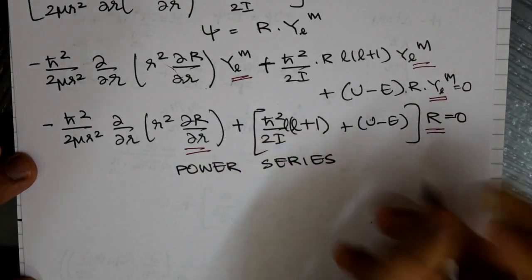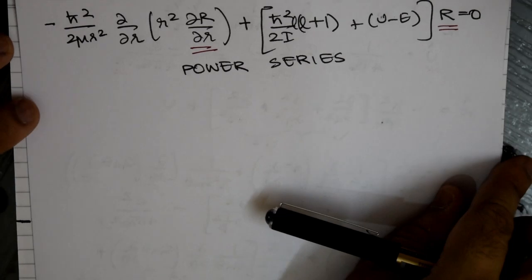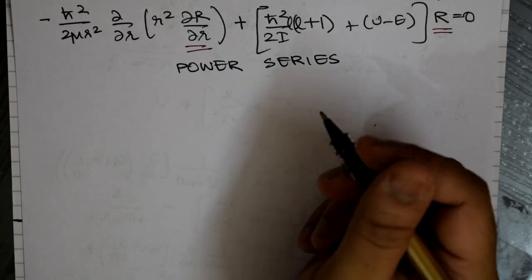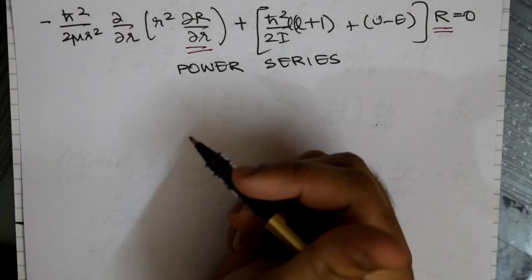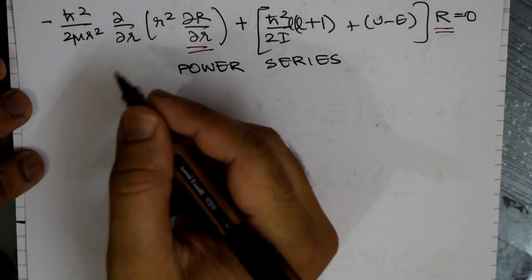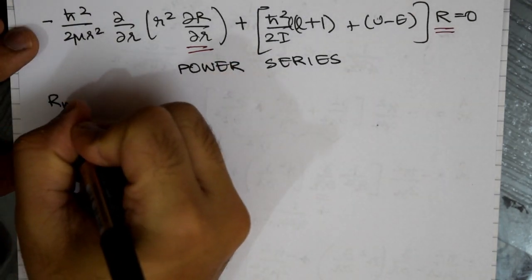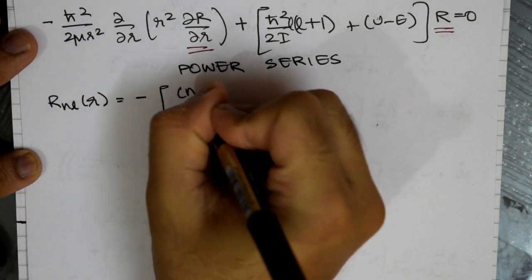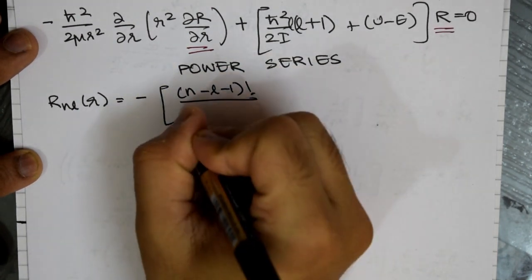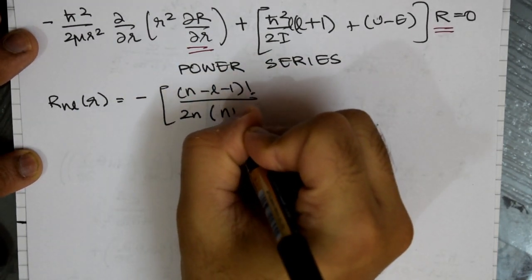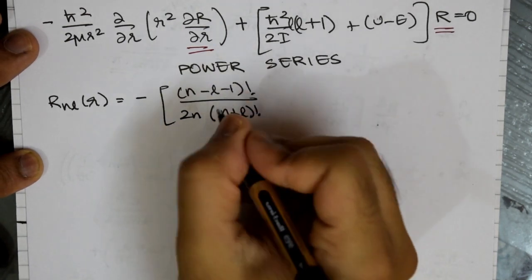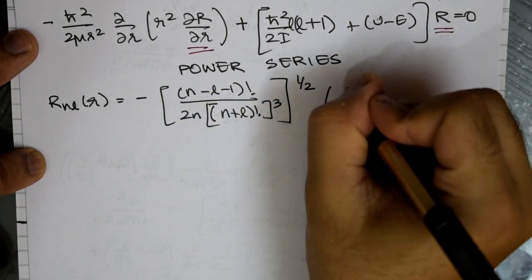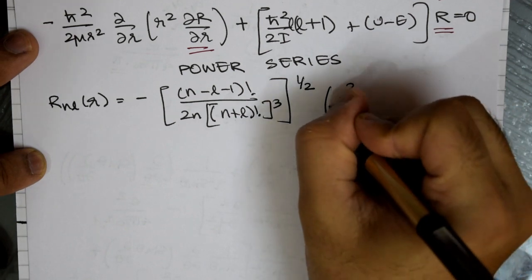one will be able to solve it, but similar to the rigid rotor problem, we will not be solving it by the power series method because the power series method has been introduced to you in the harmonic oscillator problem itself. So we will straight away jump into the solutions. The solution of this will be given such that R_nL of r is going to be given by minus n minus L minus 1 the factorial divided by 2n n plus L the whole factorial, the power 3, the whole power 1 by 2. Do not worry that it's too complicated. We will see in a moment how this reduces to something that we would like to see.